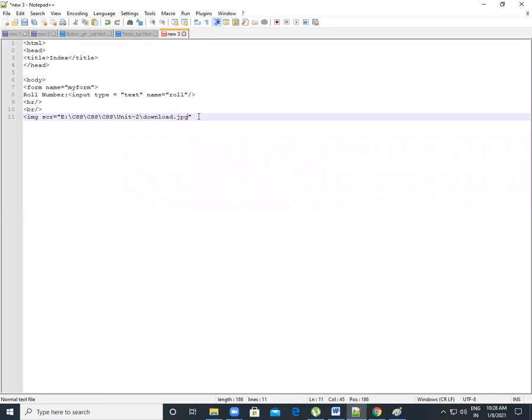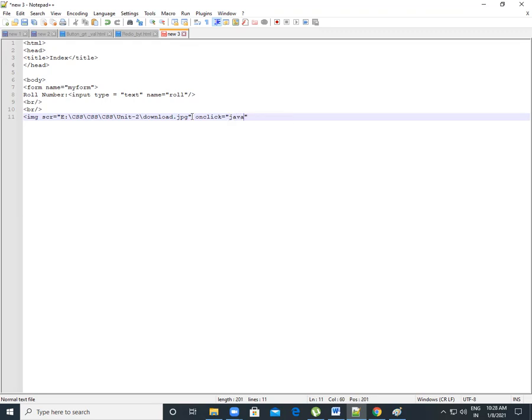Now I get my image, and now I give a function for the image which I am going to use. I use onclick here. When I click on that button, it works for this function. And which function do I use? The submit function.